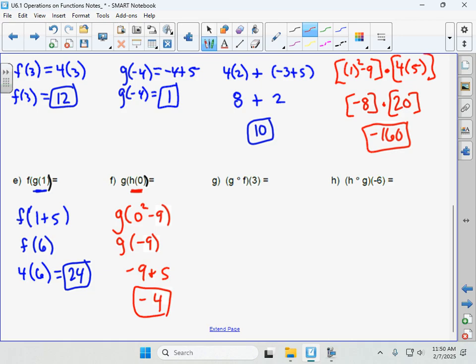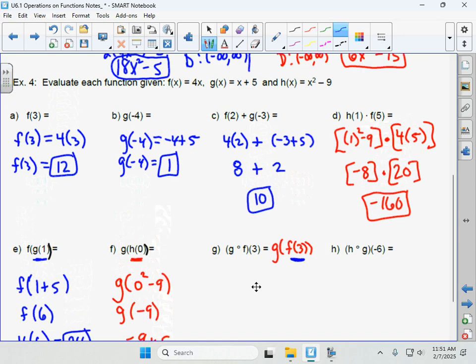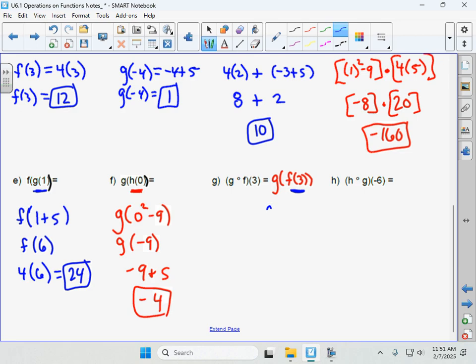All right, g of f of 3. So again, that means g of f of 3. All right, so first we're going to find what f of 3 is. So plug 3 in for x in the f function. So f function is 4 times x. So 4 times 3. And now we're trying to find g of 12. So put 12 in for x in the g function. All right, so our g function